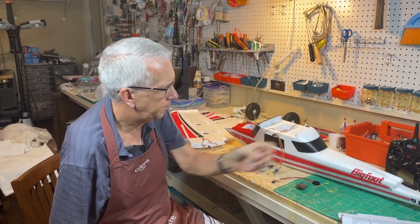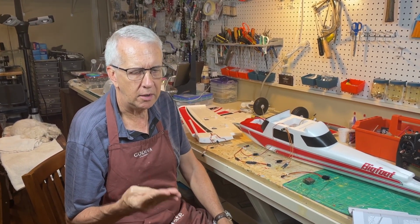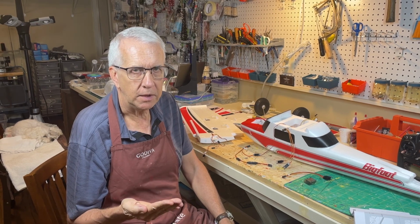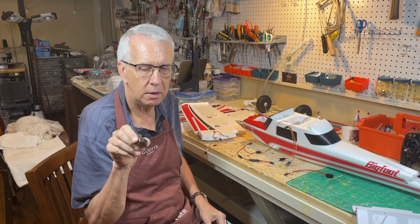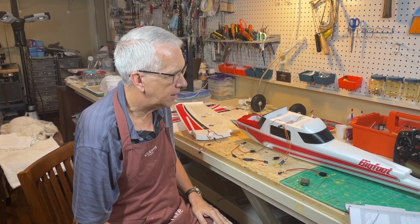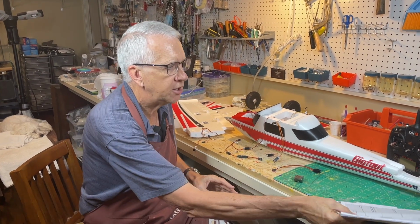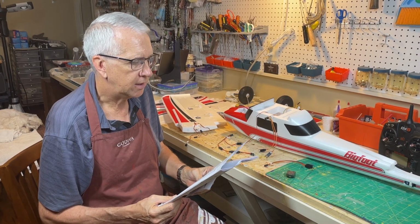airplane like this. You will need a 6-channel receiver for the elevator, ailerons, throttle, and rudder, the 5th channel for the lights, and the 6th channel for the flaps. So I have a Spektrum AR620 6-channel receiver, whatever you want. My transmitter is 6-channel. Now, the directions have one statement here for the lights, and just says connect the flap